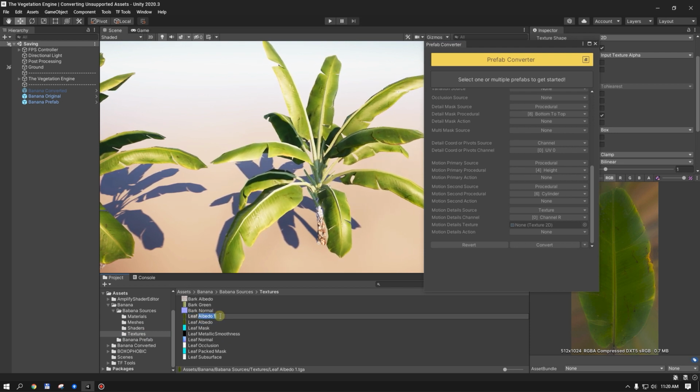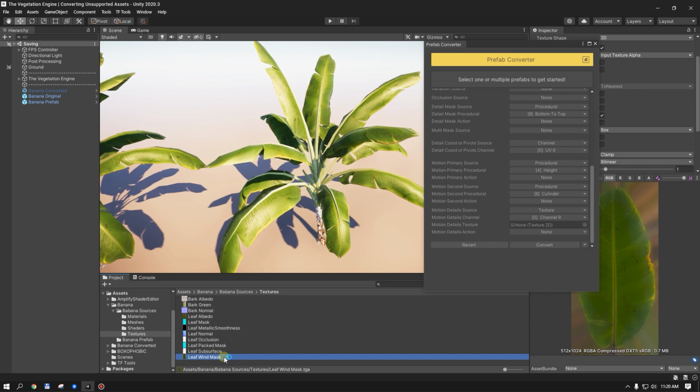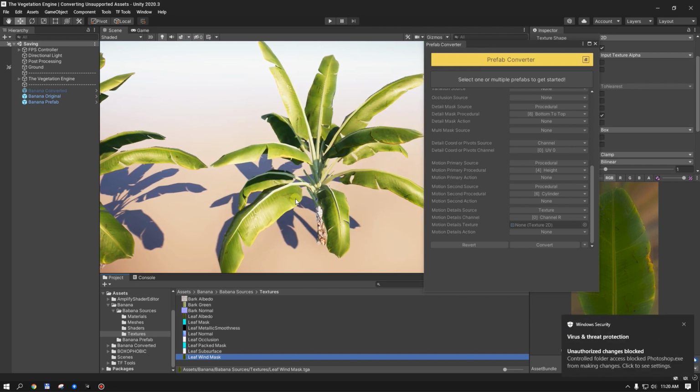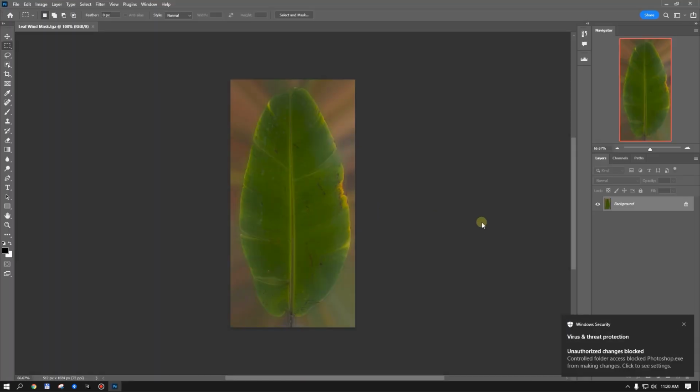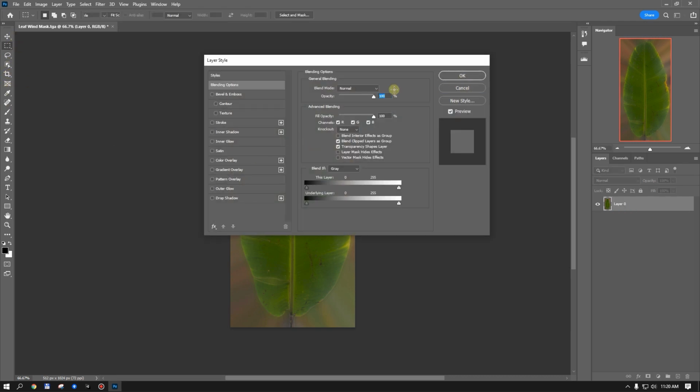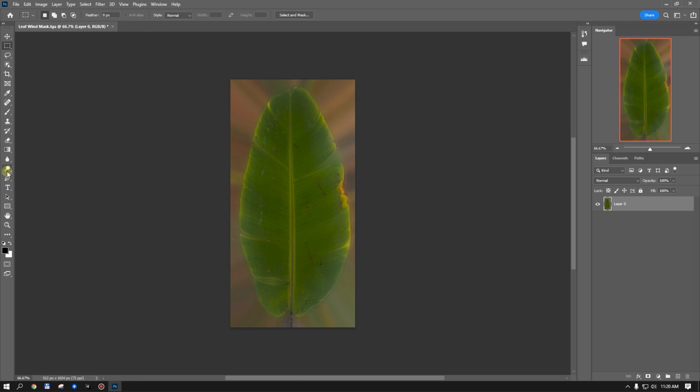I will name it leaf wind mask and open it in Photoshop, or if you have any other editing tool, that's fine. And I will paint a black and white texture for the edges. So let's see, where is the brush? And I will simply